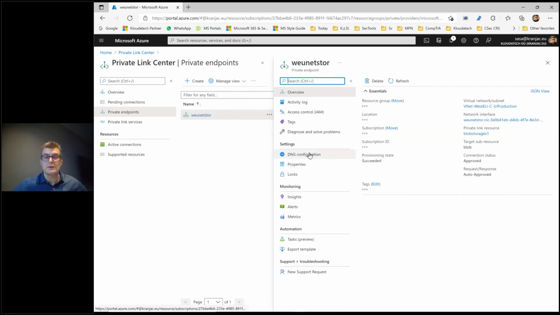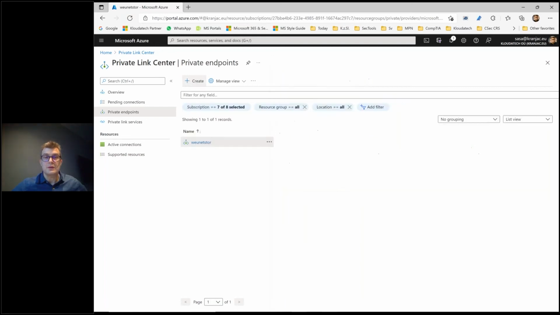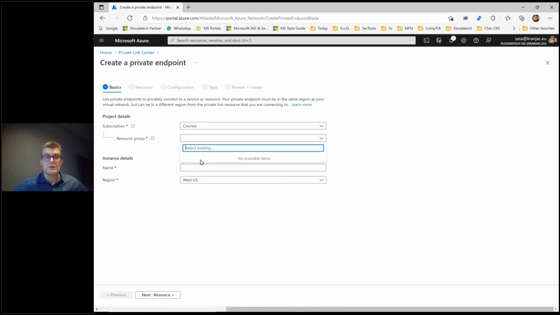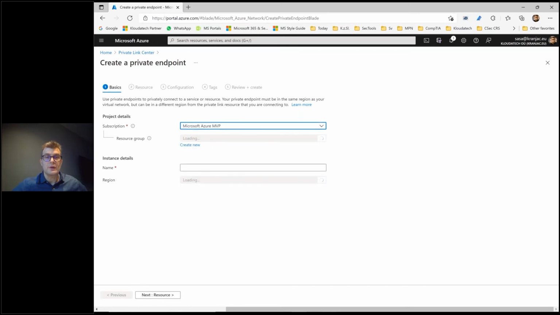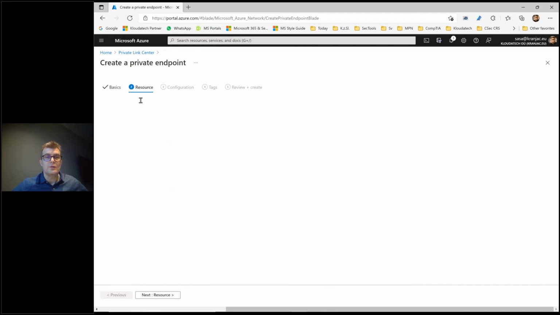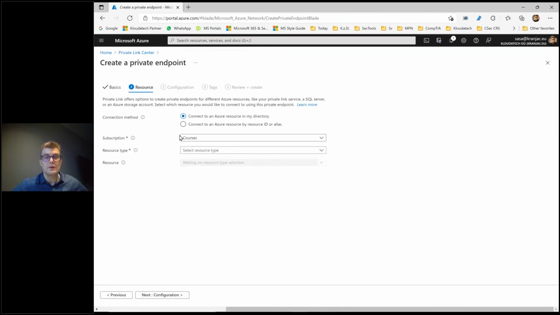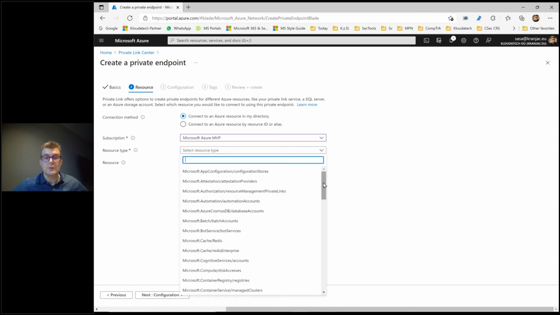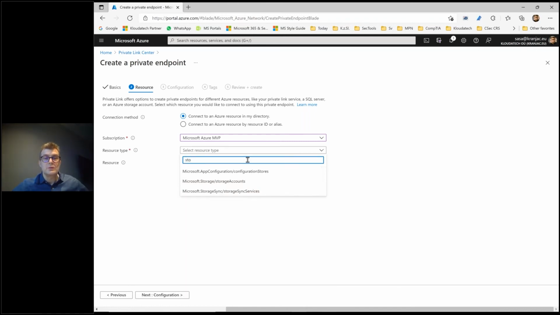For example, we can create one very easily. Let's see the one that is here, and let's take create and see what we have. I'll just pick randomly here just to see the options. We choose the resource for which we create a private endpoint. That will be, for example, any resource type here, whether it's storage, compute, actually storage. So we define the storage account, and then we publish the